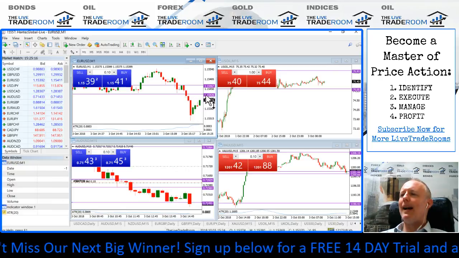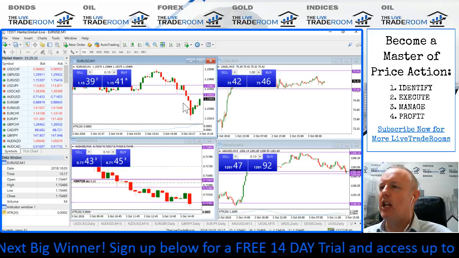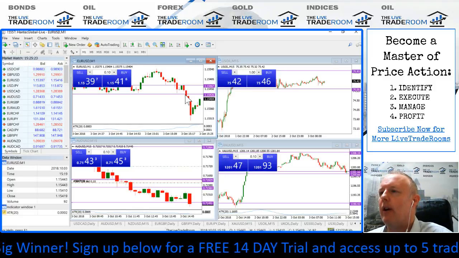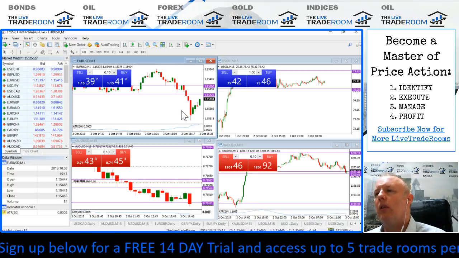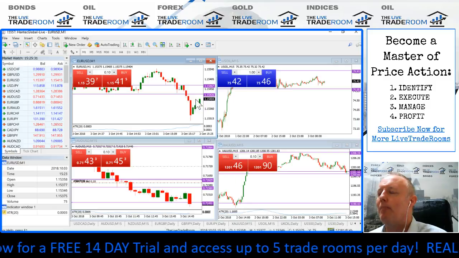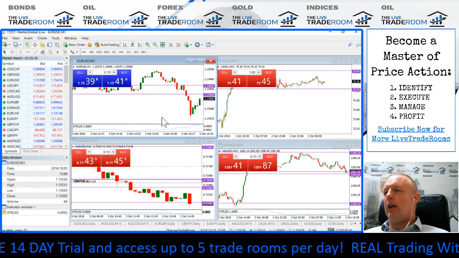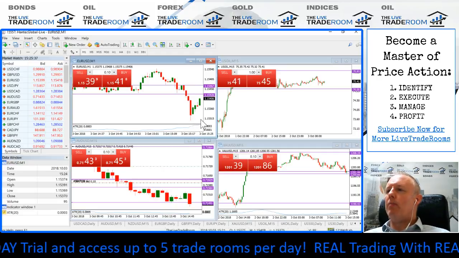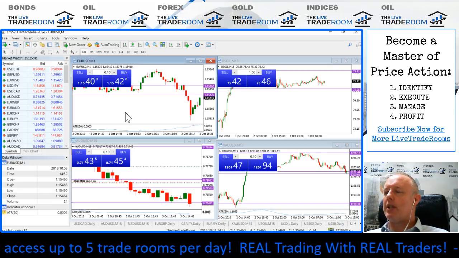So we're getting the pullback to the level that we would like this market to pull back to. We just needed to be patient, and you often get these chances. So if you don't get involved in the pullback, of course, you can look to wait for that pullback like we're currently seeing. So we're back to this level. And we just hope that this is not the bottom for today's market, that we do get that sort of rollover price action to the downside.